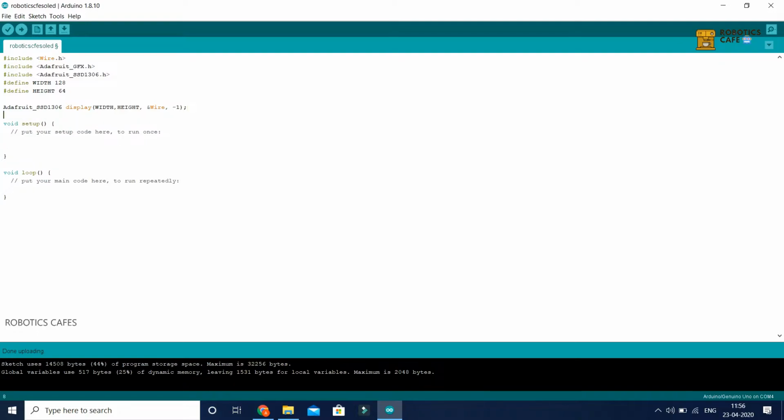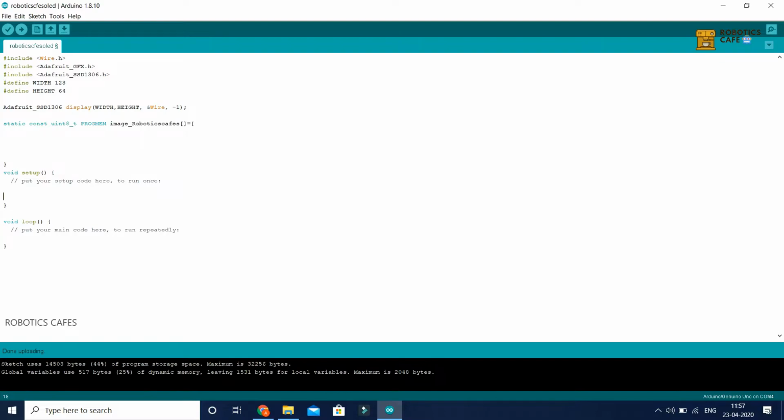Here we have to store our data in flash memory rather than SRAM. The OLED will take data from flash memory, so we have to use the PROGMEM utility. This is the syntax of PROGMEM, which is static, constant, unsigned integer and PROGMEM. Then we have to write the variable name for the data. I am taking it as robotics cafe. You can give it any name, XYZ. Here I am leaving some spaces because we need to store our data. I will be explaining how to get the data of our image later in this video.